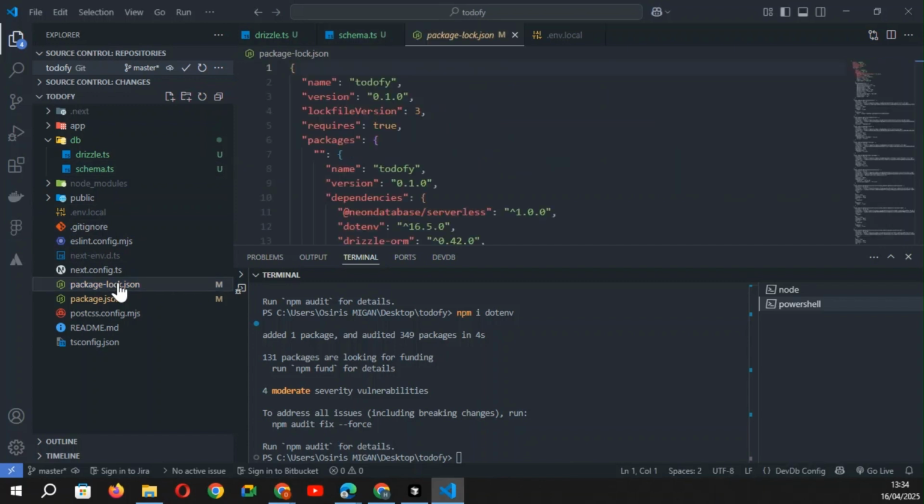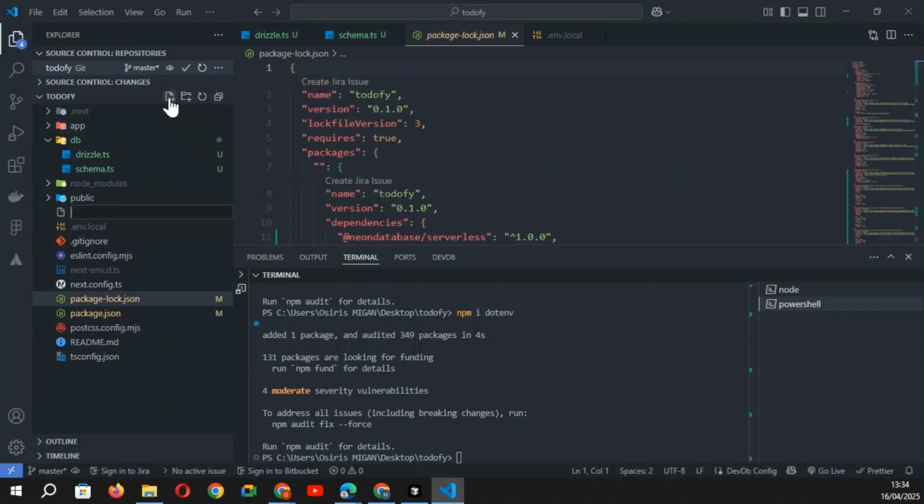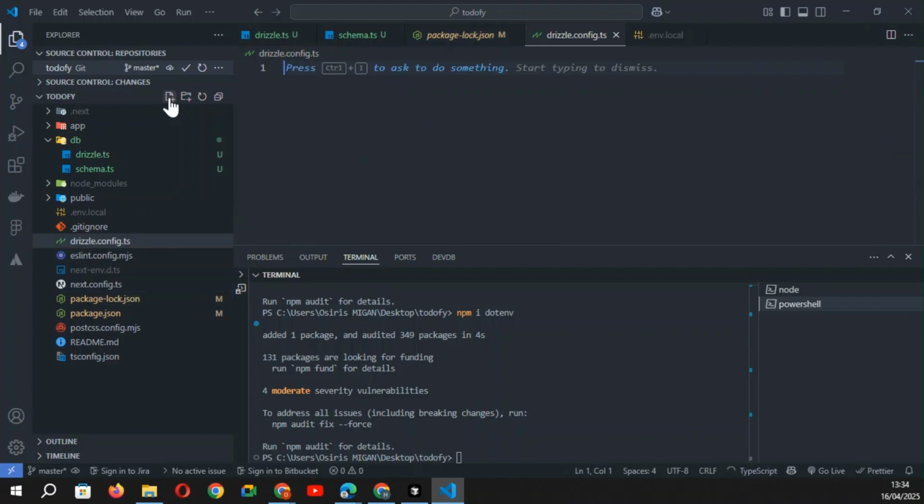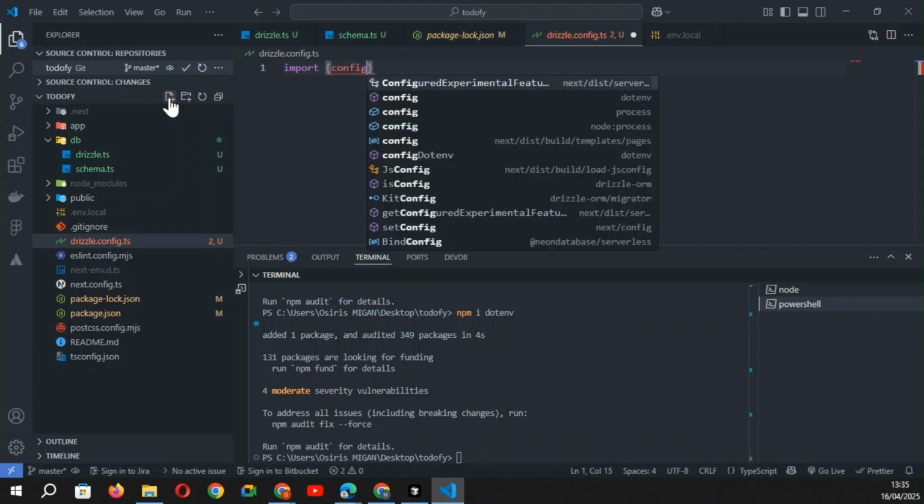So I can just create a file, drizzle.config.ts. I always use environment variables, so import config